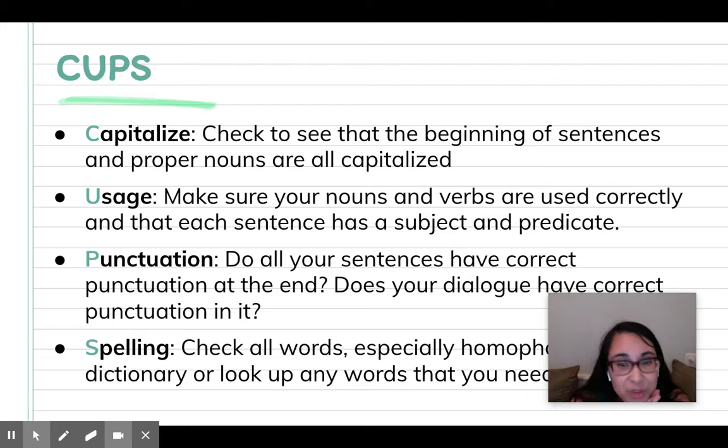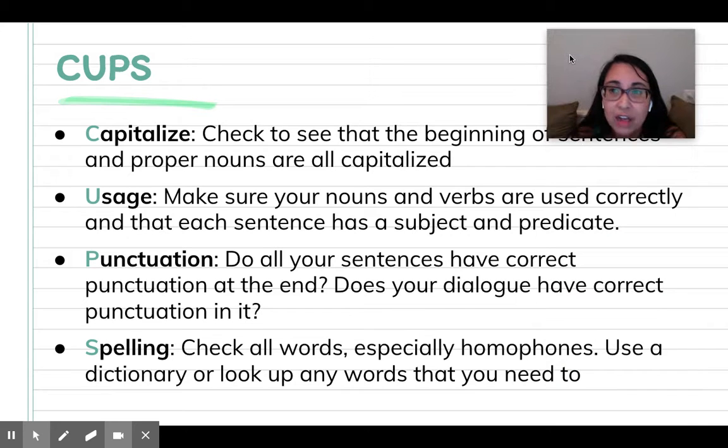Next, punctuation, making sure every sentence has an ending mark, making sure our dialogue has correct punctuation with quotation marks and all that good stuff. And lastly, spelling, especially checking those homophones, words that sound the same but have different meanings, making sure we have the same one. And if you don't know if a word is spelled right, checking it in the dictionary or